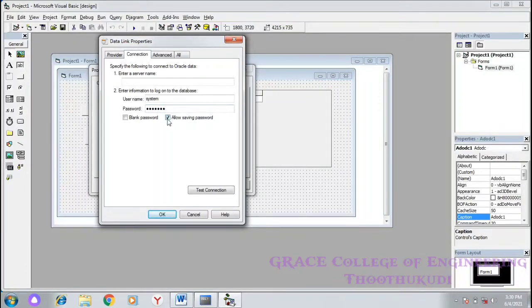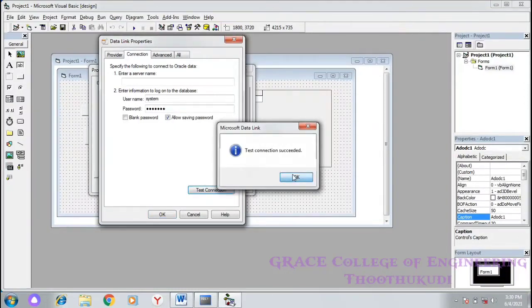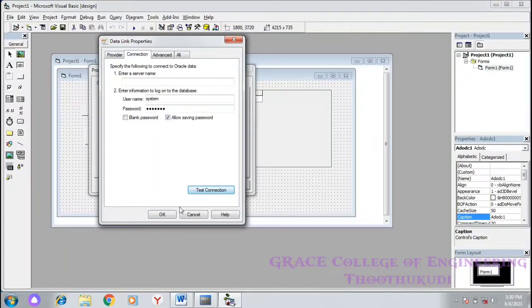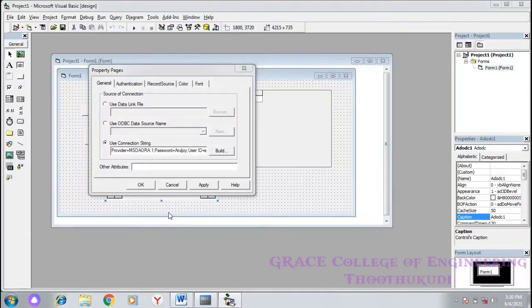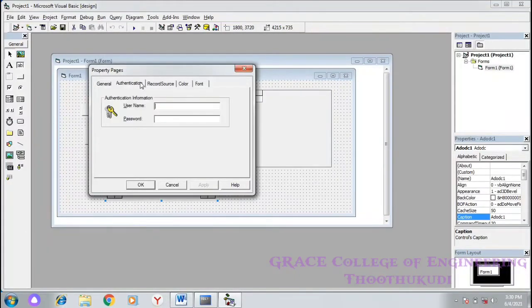Then test connection. After the test connection succeeds, click the Authentication button. Here also you give the same username and password.